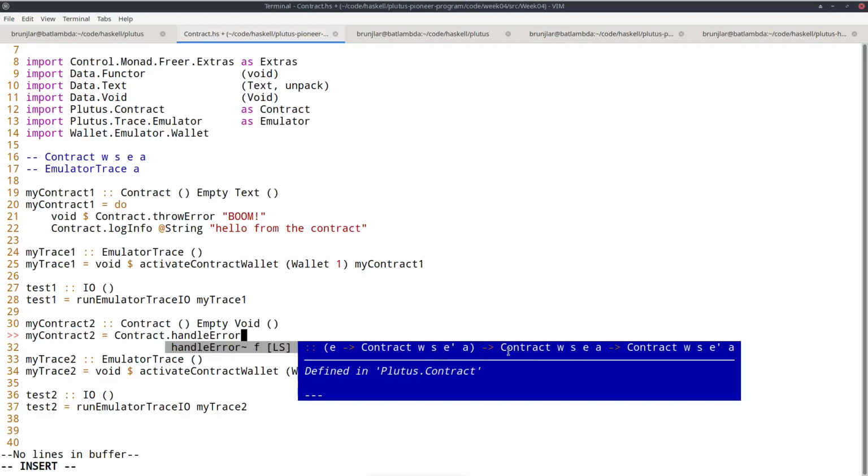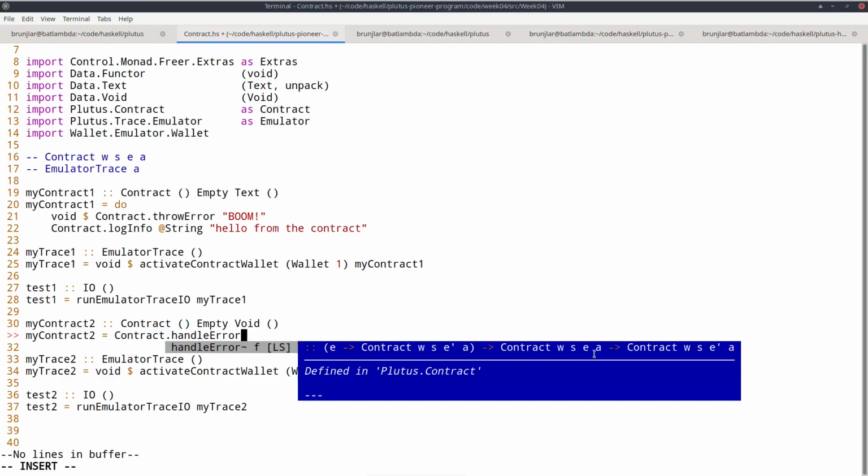So if an exception is raised in this contract of type E, then we have a handle that takes an E and turns it into a contract with a potentially different exception type E prime. And the overall result of this handleError construct is then a contract with error type E prime and the same result type.